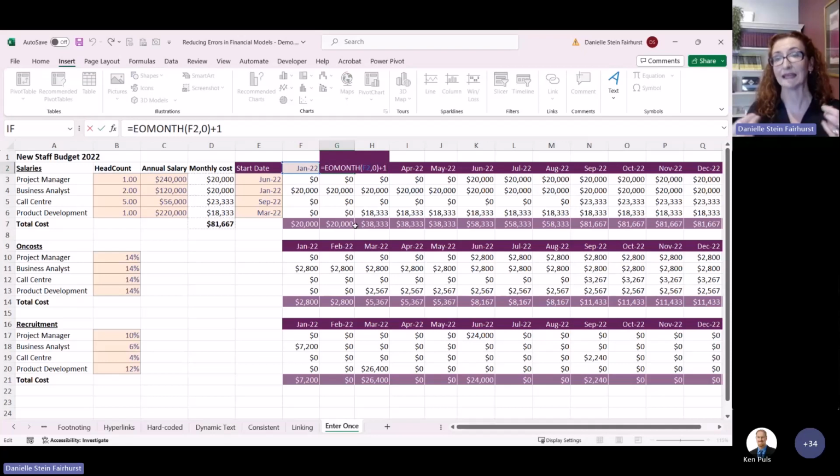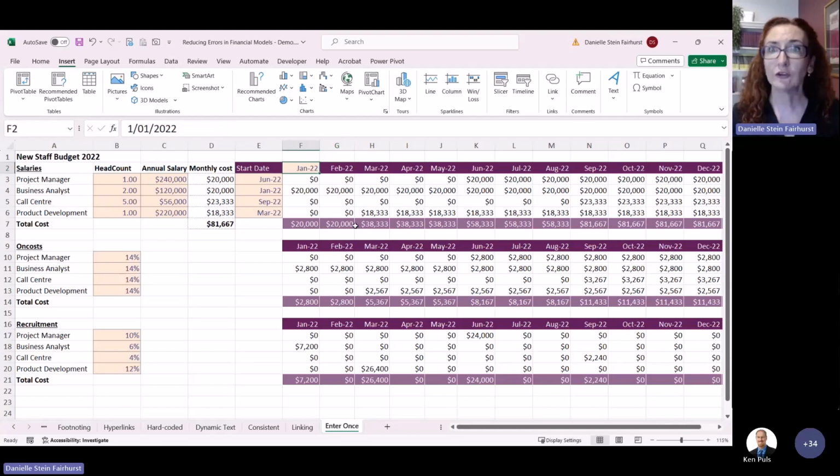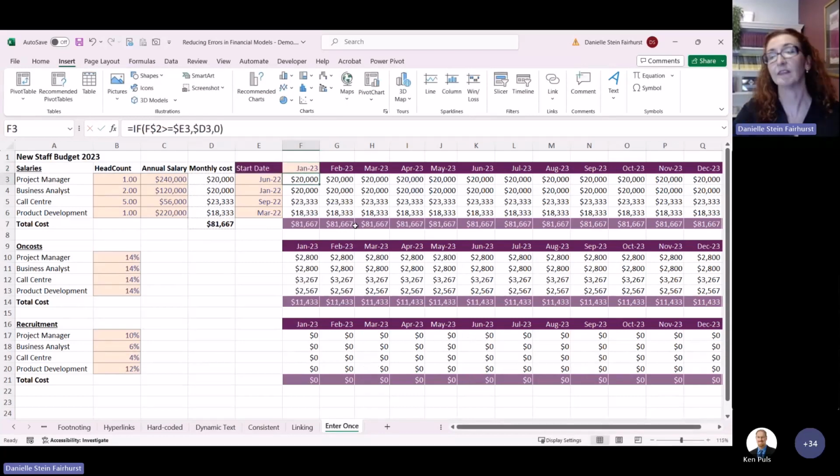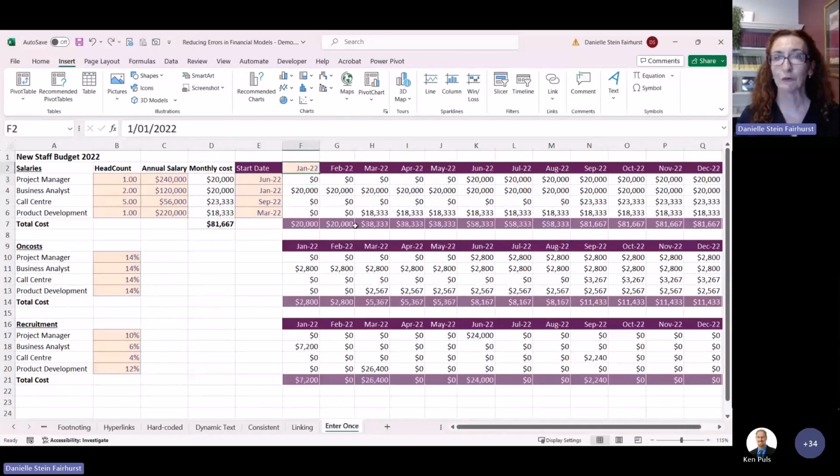I've just used an EOMONTH function to roll that forward so that next year you can do yourself out of a job. Next year when the client asks you, or doesn't ask you, to come back, they can just change it to the following year and then that will just roll forward.